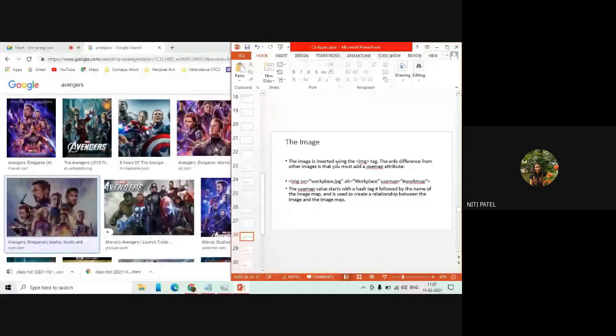So when you want an image with clickable areas, you have to use an attribute called usemap inside the image tag. So what is the syntax? See, img src equals workplace.jpeg. This will insert the workplace.jpeg image. अगर इमेज नहीं दिख रहा है तो अल्टरनेटिव टेक्स्ट क्या डिस्प्ले होगा? Workspace. But now what did I say? We are using the concept of clickable areas. So along with this source and alt attribute, what attribute do we have to make use of? This usemap. Can you see I have made an attribute usemap over here. In front of that you have to mention some value. What is that value?